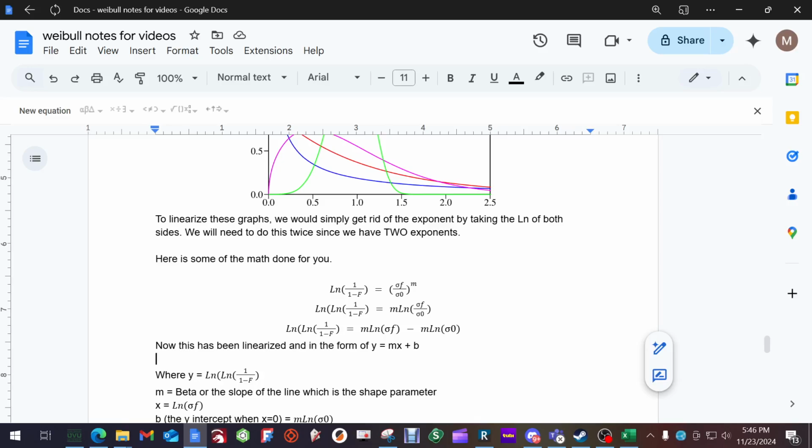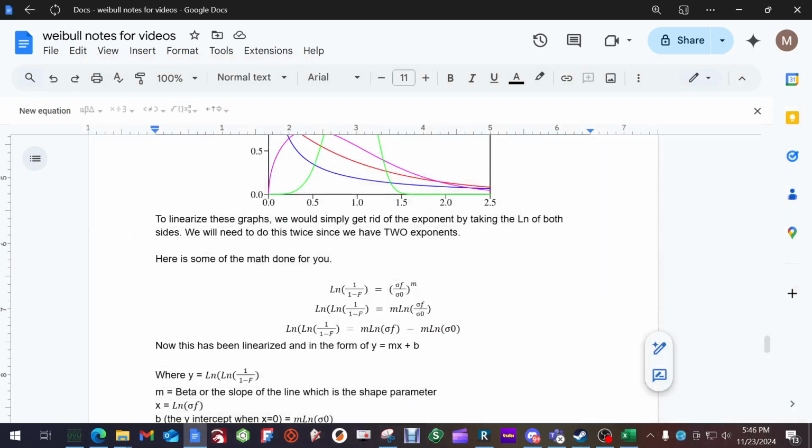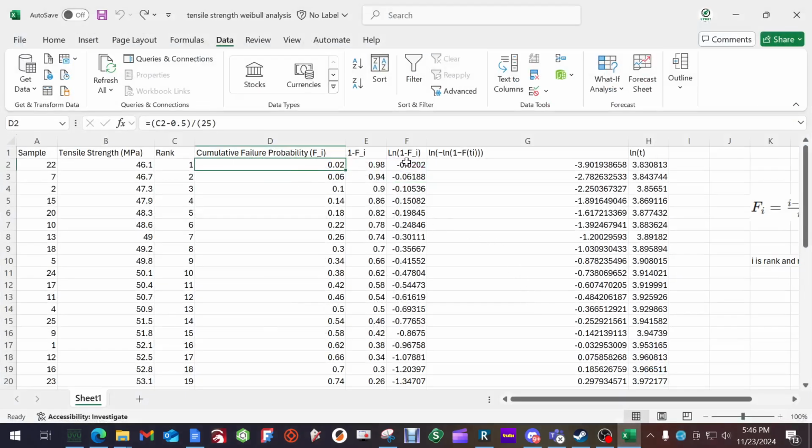So we're going to do this one first, parts of this. We have 1 minus the failure rate, sorry, we have this one right here, 1 divided by 1 minus f, and then we're going to take the natural log of it. So I'm just doing each equation in steps. Now I didn't write it correctly up here, but mathematically it's done correctly. Okay, so when I'm done, I have my y values here, and then we said that x was equal to